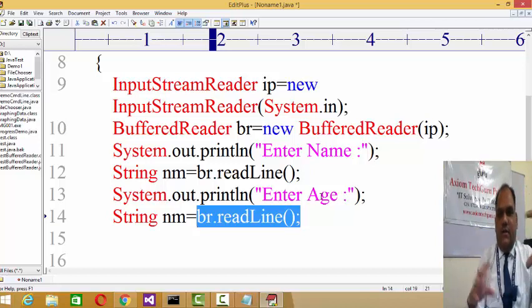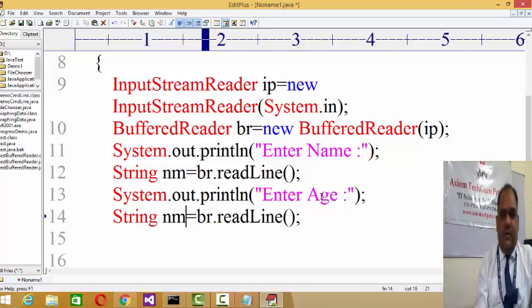Because whether it's an integer, float, string, or any type of data that goes in the memory, the entire data will be available in zeros and ones format, right? So whether it's an integer or anything else, everything will be converted into digital code. So BufferedReader provides you only one method, and that method is called readLine, right?